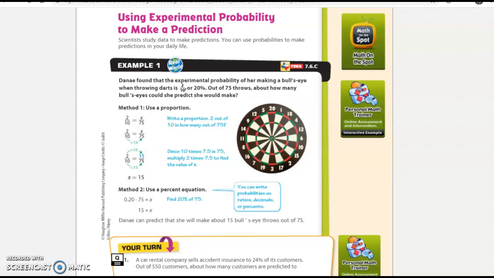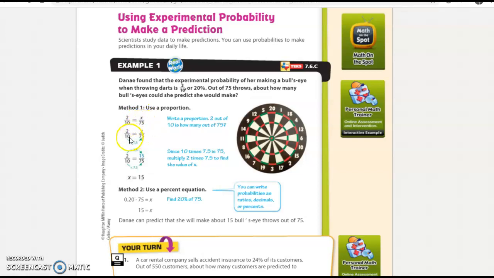So there's a couple different methods that we could use. We could use a proportion, which we are very familiar with, where we would know that 2 out of 10 is going to be equivalent to 20%. So I'm going to set that as equal to some number of throws that we don't know at this point versus the number of times that she's actually going to do it. Okay, so part over whole, she has found that 2 out of a total 10 times on average she is making the bullseye. I'm going to set that as equal to, again, an unknown amount for the next 75 that